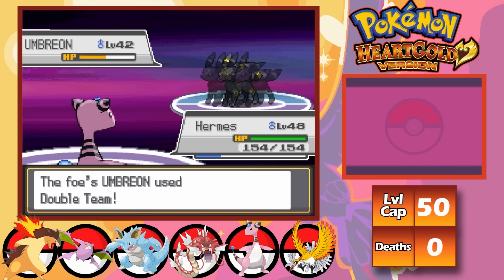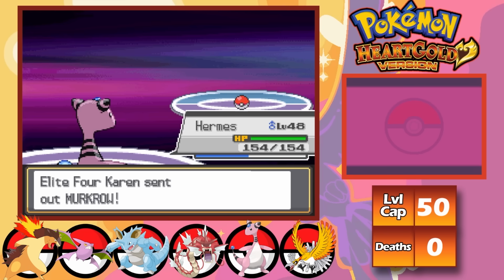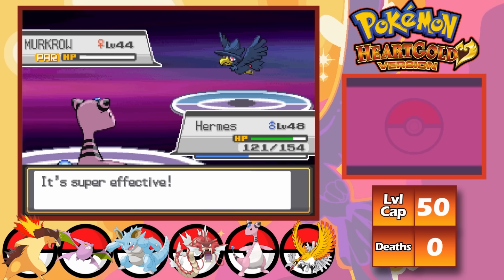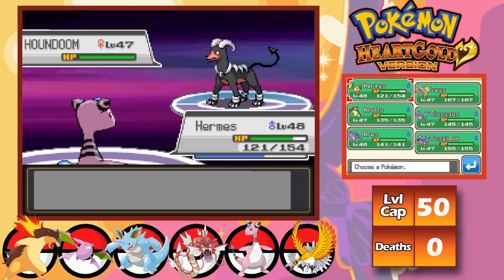I get lucky in the next turn and thankfully hit a Signal Beam, finishing off Umbreon as next out comes Murkrow. Murkrow, being a Flying type, is absolutely decimated by a Discharge as this leads into Houndoom. Because I figure Signal Beam won't do that much damage to Houndoom, I decide to switch out into Aries,